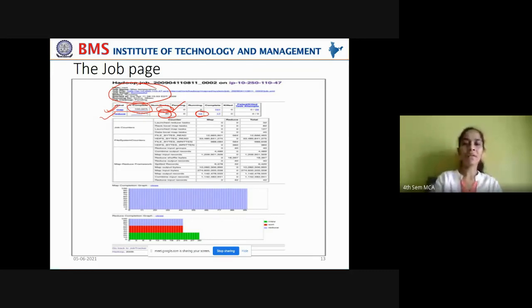Okay, that is why it is given as only 75% has been completed. And here you can see how many map tasks have been completed. All 101 out of 101 tasks have been completed, and 17 reduce jobs have been completed. Based on that, this percentage of completed tasks is calculated.